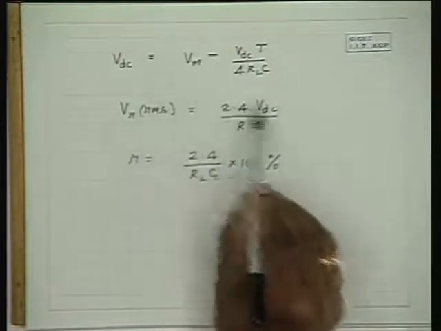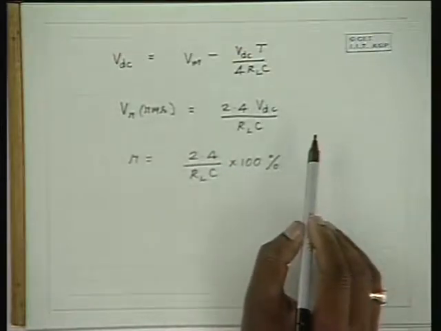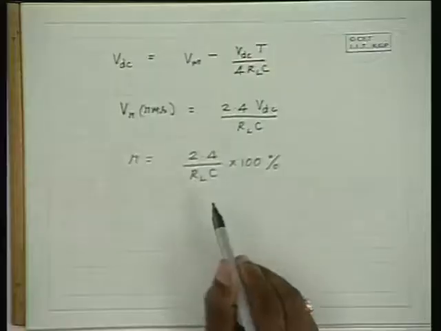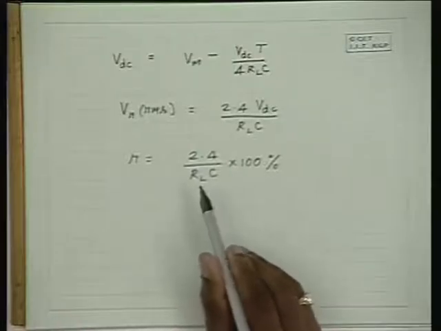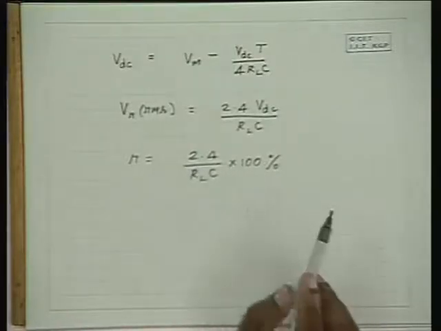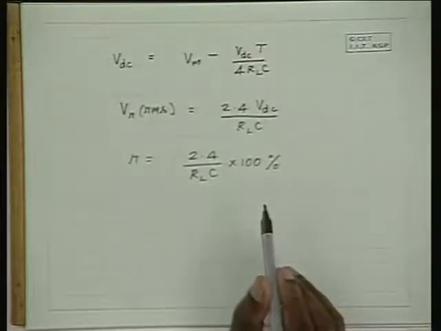How do we determine the RMS value of the ripple? You can determine it by finding the mean square value of the triangular waveform within one period and taking the square root of that. By dividing it by the DC value, you will get the ripple factor. So this is the ripple factor. It depends on RL into C, and if RL into C is equal to 1 second, then you will find that the ripple factor is about